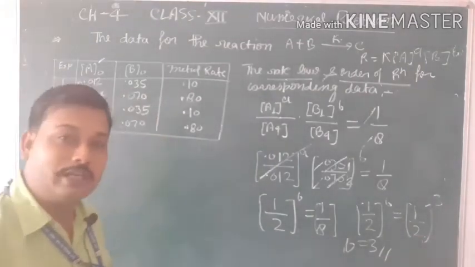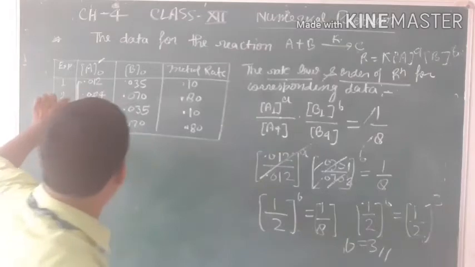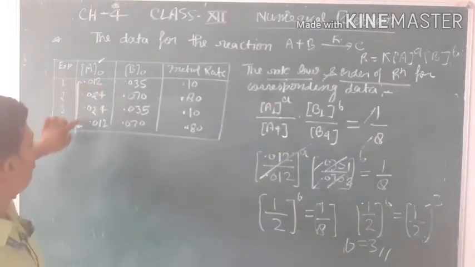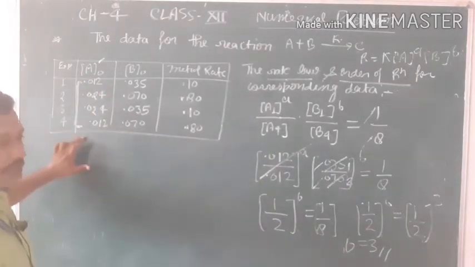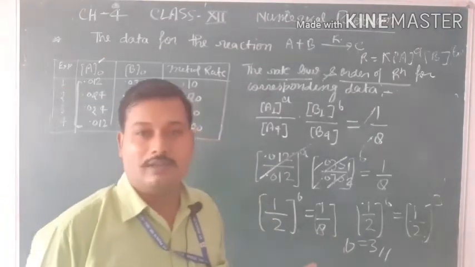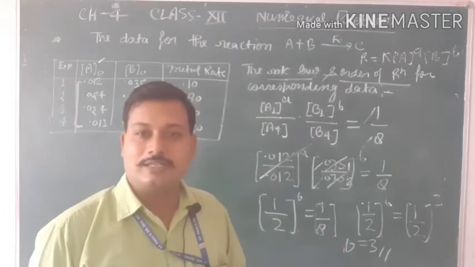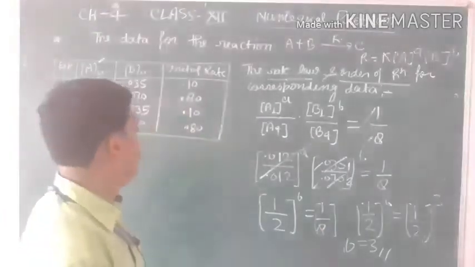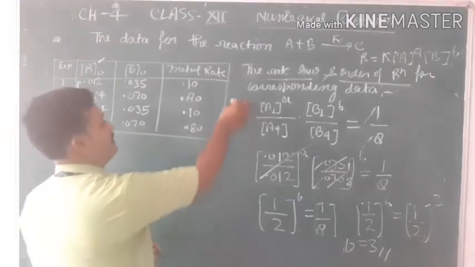Again, try to understand. I have taken two variables here. For A0, this is 0.012 and 0.012; these are similar to each other. So for further examples, you also take the same variable for A. Okay, now for the next, the same for B. So how? Try to understand. And this is the first step complete.